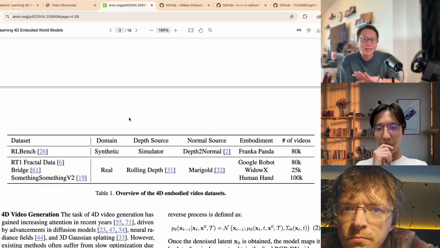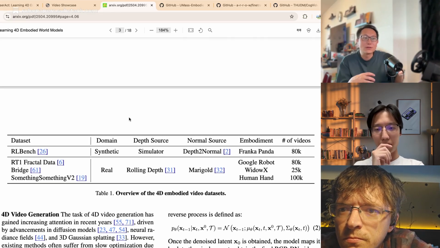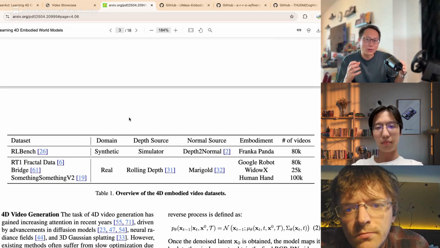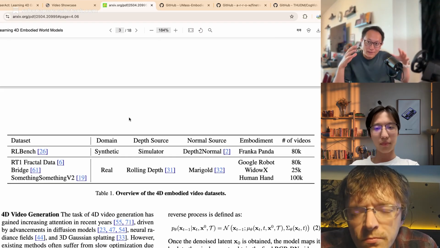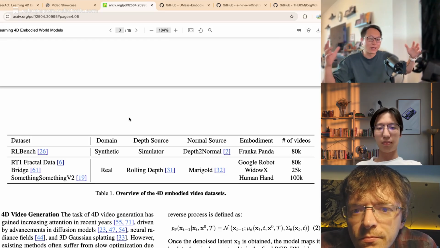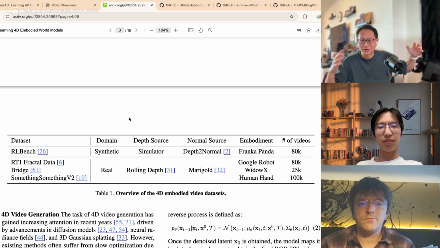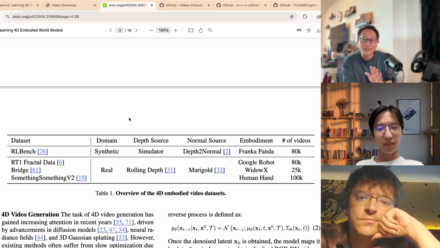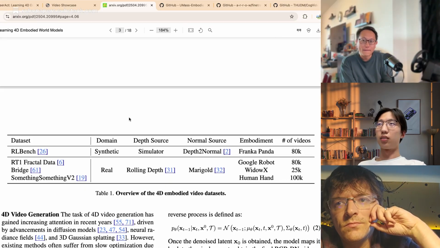So am I right to say that, in summary, you still need pretty substantial real-world data collected with real robots, but then you train a very good world model, and from there use the world model to, I don't know, 1000x the potential synthetic data. Is that how you think this will play out?